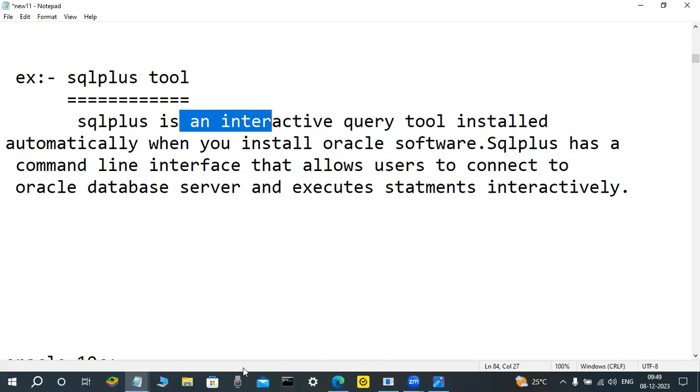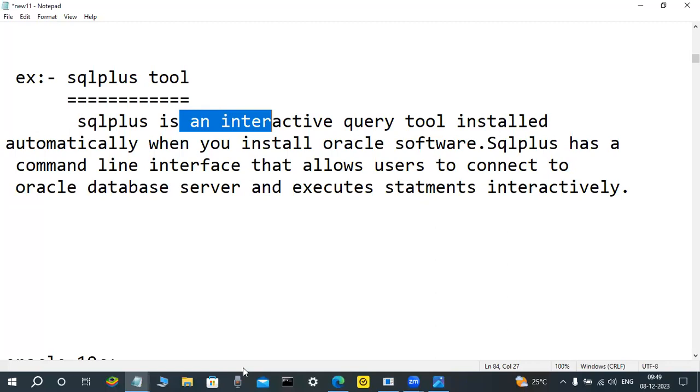SQL Plus is an interactive query tool installed automatically when you install Oracle software. SQL Plus has a command line interface, same like a DOS prompt, no? Yeah, write it. SQL Plus has a command line interface